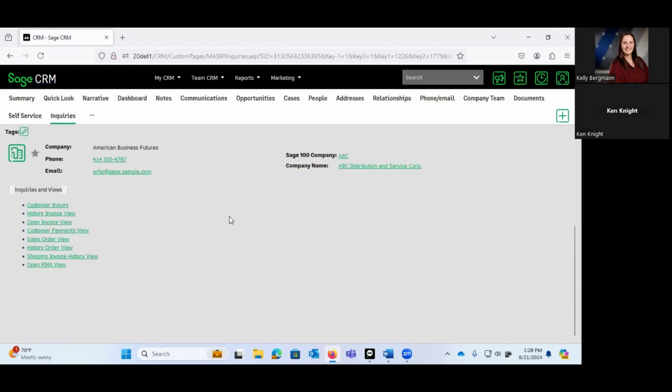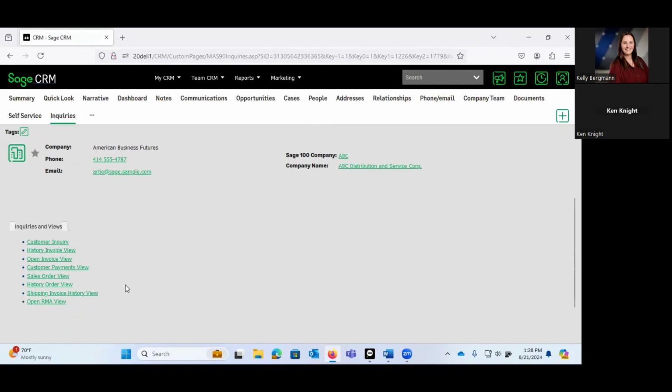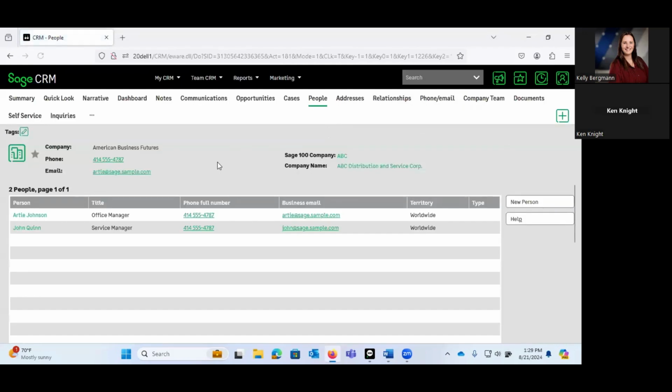And inquiries I'm going to come back to, because this is part of the Sage 100 integration. These are Business Insight Explorer views from Sage 100. So I'm going to come back to that in a little bit. But from here, for American Business Futures, I'm going to come over to People,